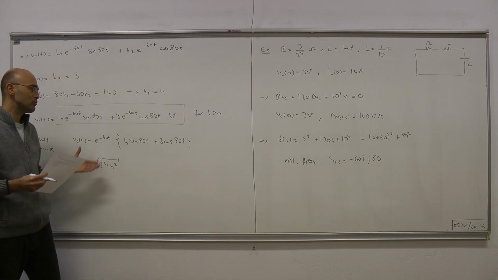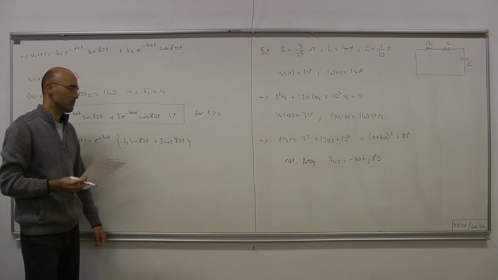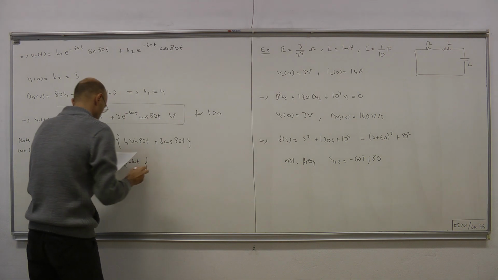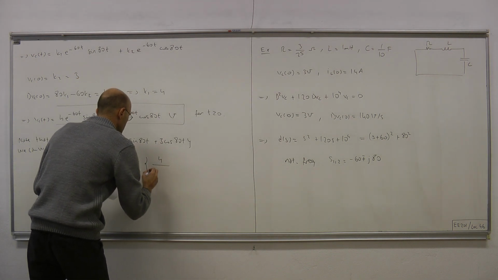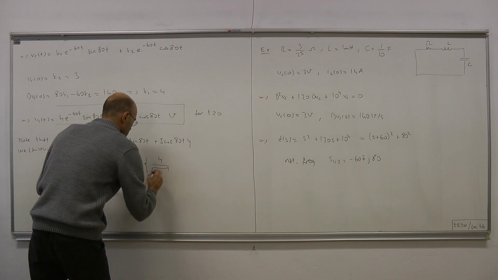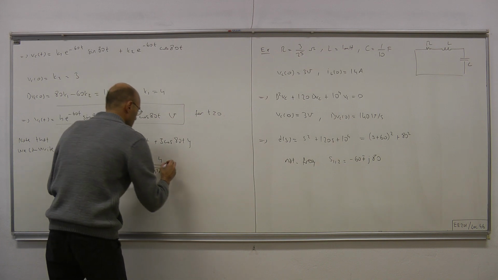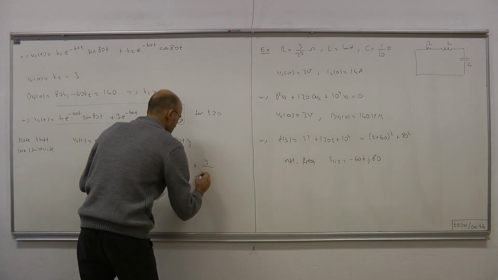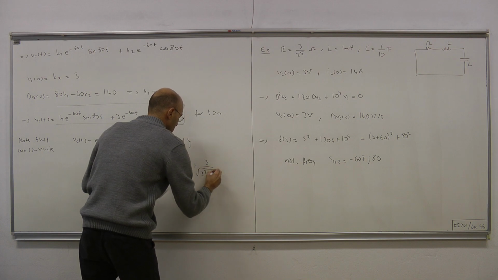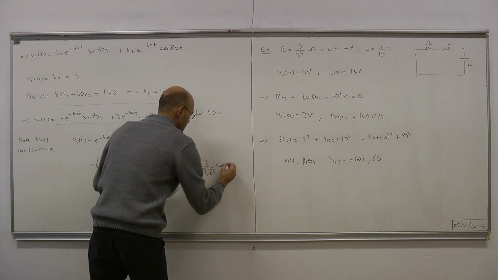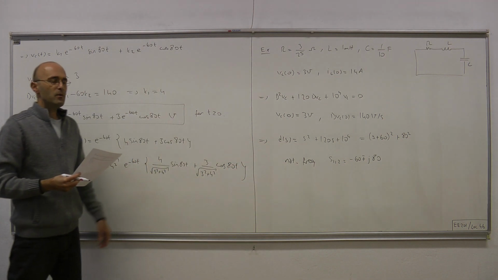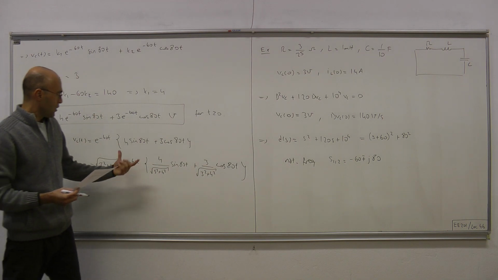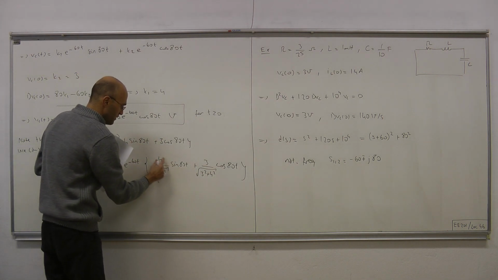So what we do is we multiply and divide by this magnitude. What we have here is 4 over the magnitude, 4 squared, sine 80t plus 3 over the magnitude, cosine 80t. Now why we did this is that if you write it as such, now sine, here we have a